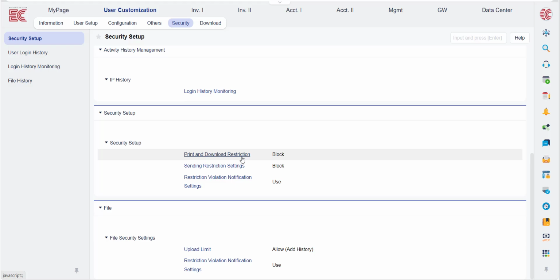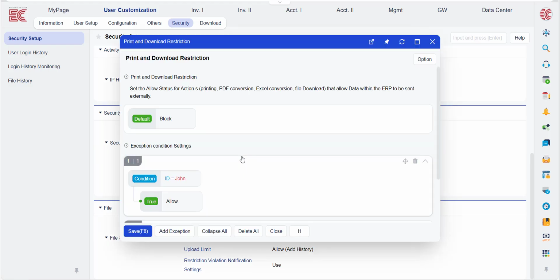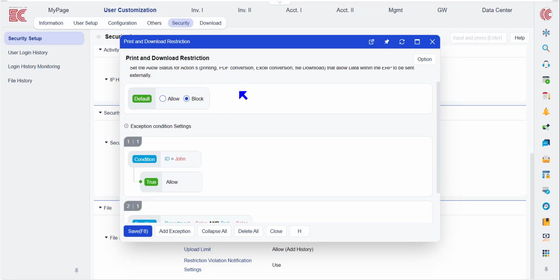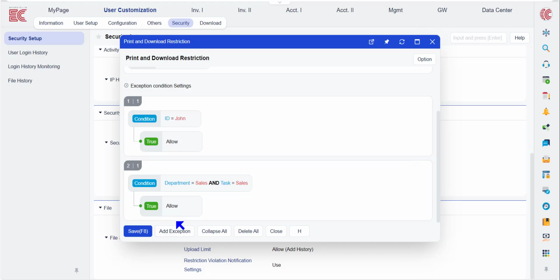The first is print and download restriction. You can set up the default value to either block or allow to print, convert Excel. Master IDs are not affected by this. So if you want to set it as block as default and only allow the sales team for them to print and download, you have to press add exception at the bottom